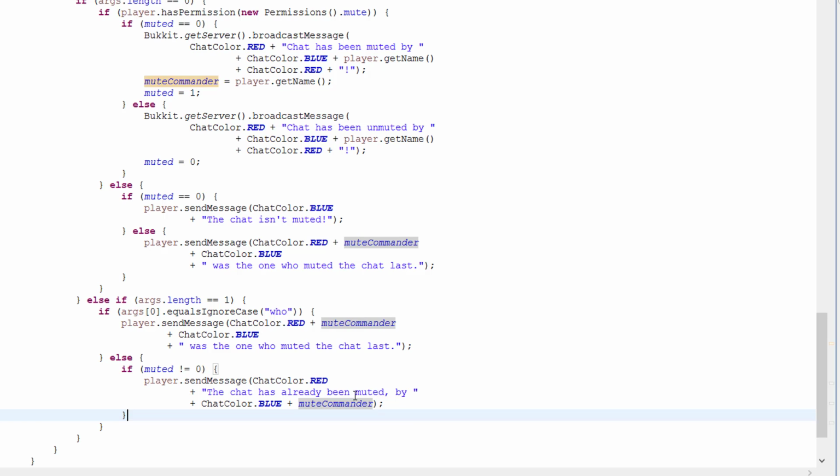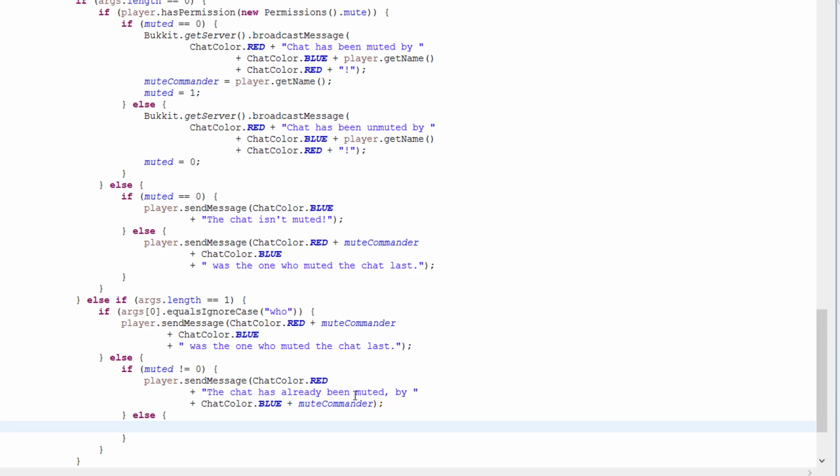So if it's not equal to 0, it will do that. Else, if it actually is muted, what we wanted to do is mute the chat for the reason given in the argument. So for example, you can say /mute lockdown, and it will say that the player has muted the chat for the reason lockdown. So what we want to do is